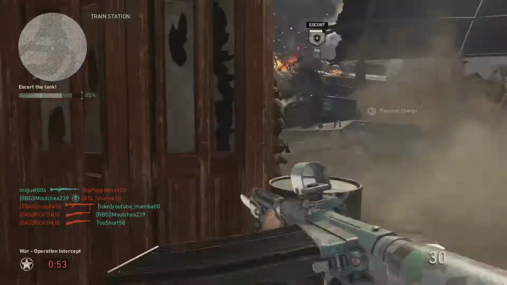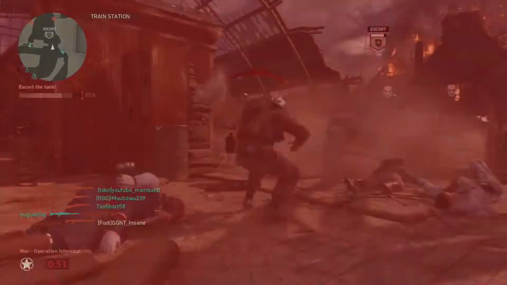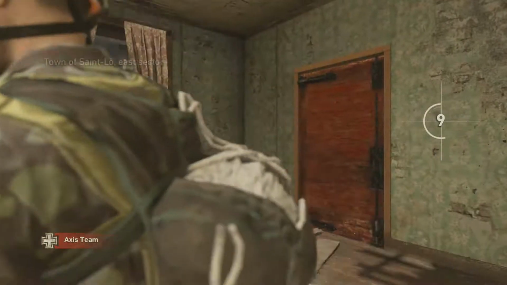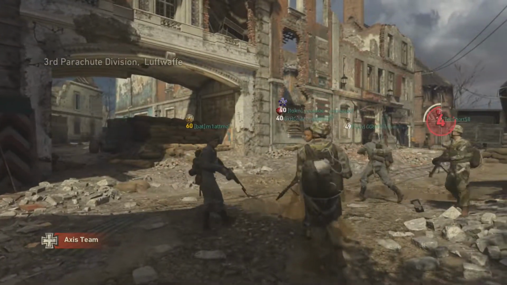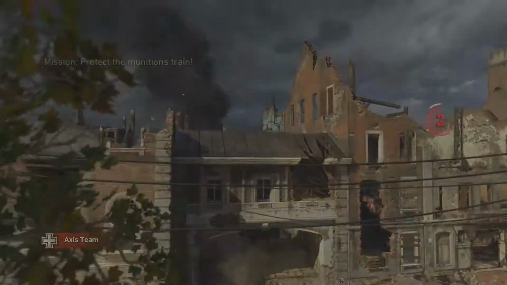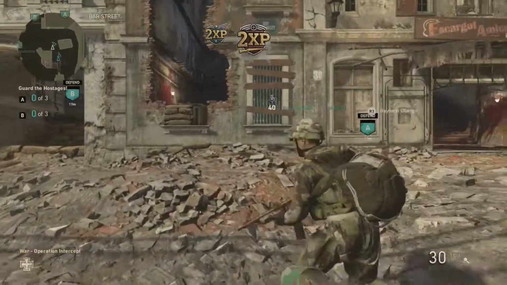But yeah, as attackers, it is pretty fun. So let's move on to the defenders. Again, it's pretty much the same thing as the attackers. You have to defend the 2 doors and defend the 2 hostage rooms, and it's quite easy from what I've